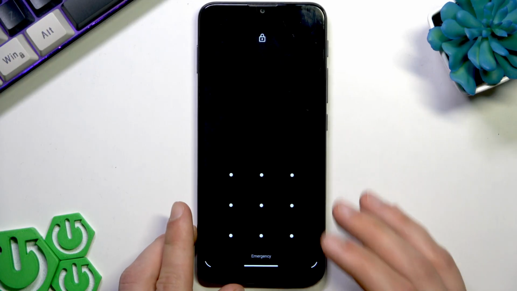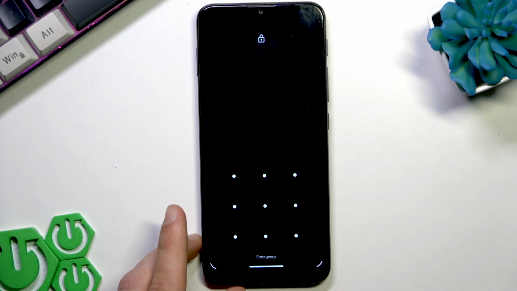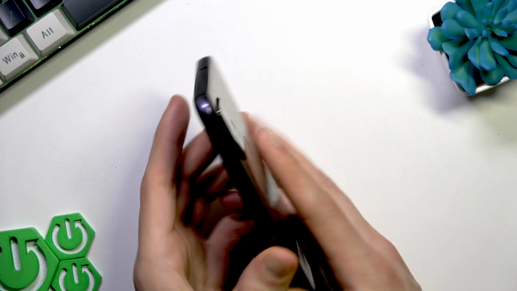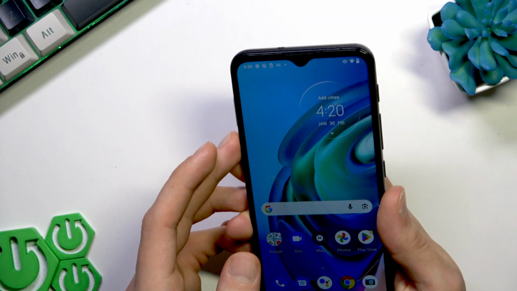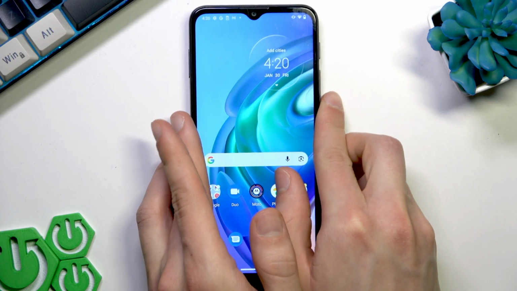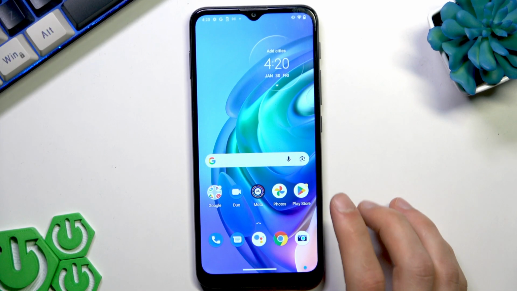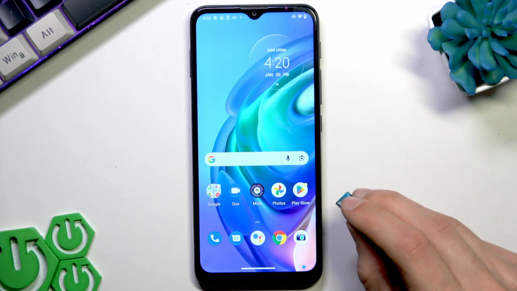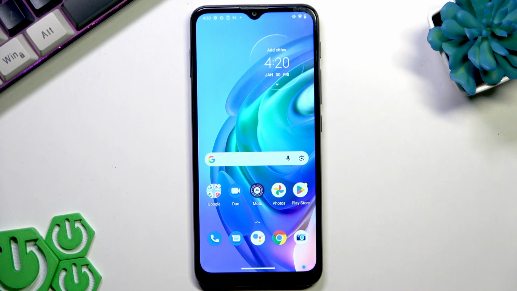First of all, if you have an alternative way to sign into your device, for example your fingerprint scanner or a face unlock feature, then you can use it to get access to your device, then back up all of your important data to either Google Cloud Storage or an SD card, and then perform a factory reset operation through